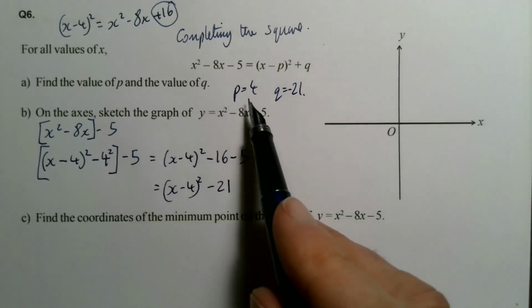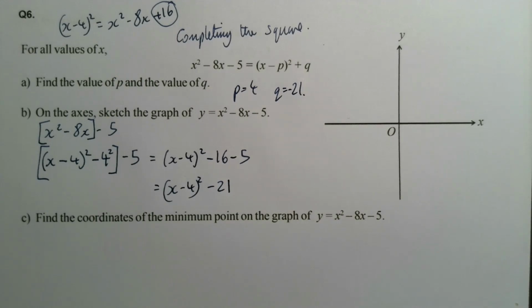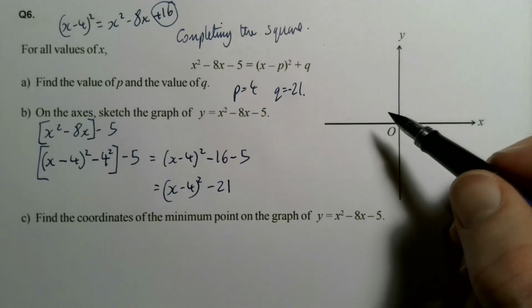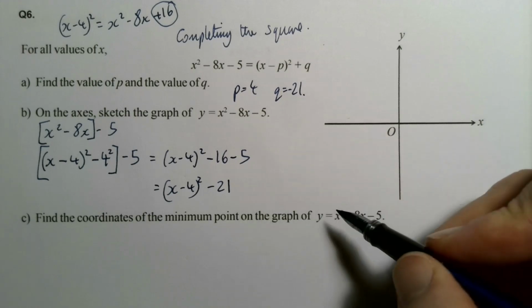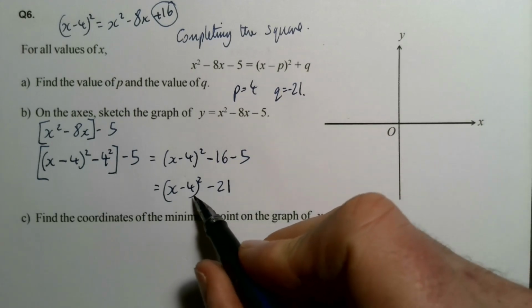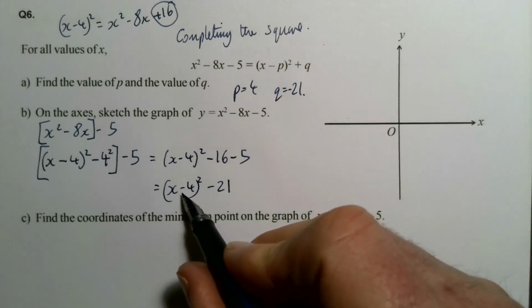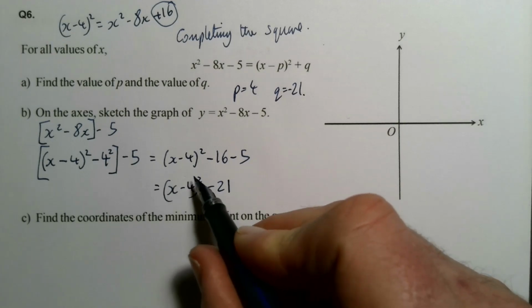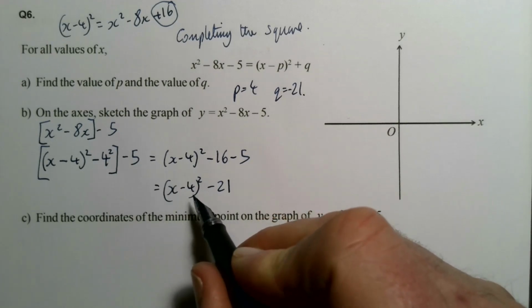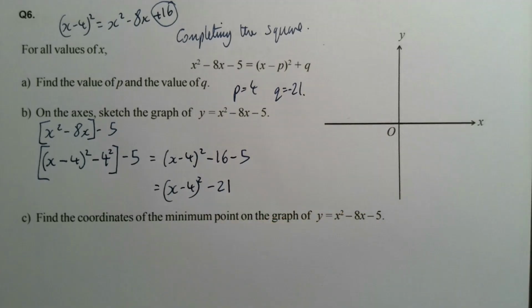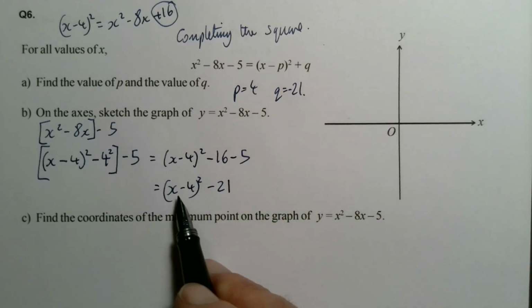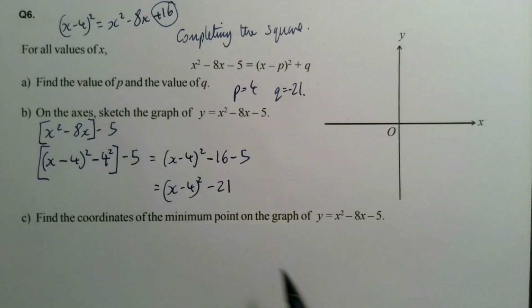The reason it then says about sketching the graph is that completing the square is a really good way to find the bottom of a curve, or the top of the curve, depending on what sort of one it is, so the turning point basically. And what this is saying is the turning point is going to be the point at which this bracket is worth 0, because that's going to be the lowest number you can get, because all square numbers are positive. We want this to be 0. So when x is 4,